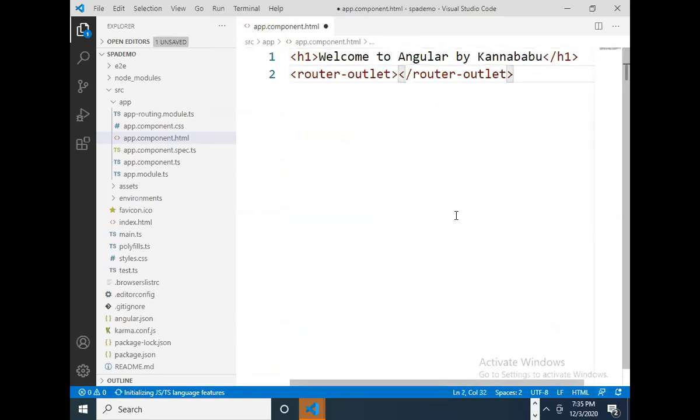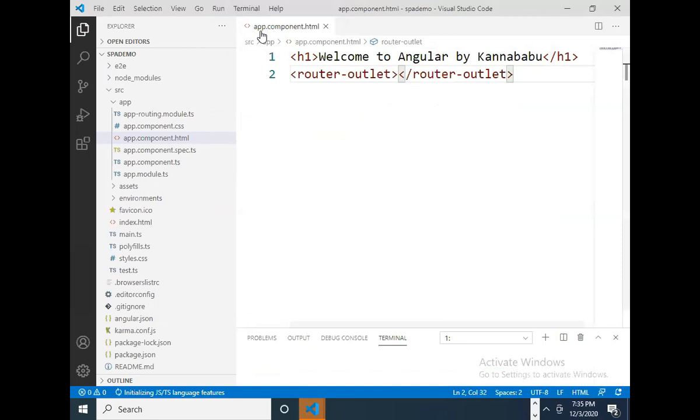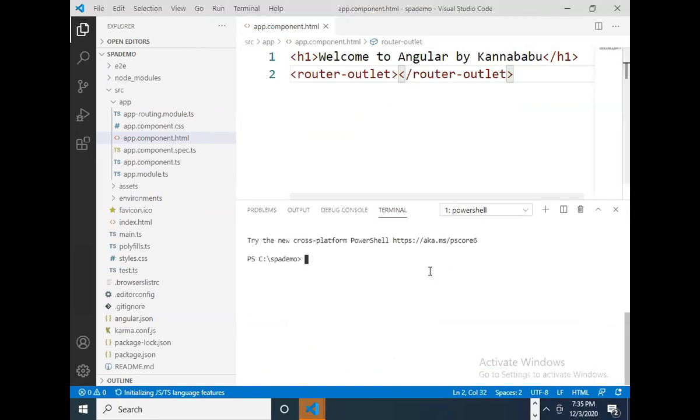Now save the changes, and you can go to terminal. If you want to run the application, you can go to terminal, new terminal. There you can just type the command ng serve space -o, ng serve space -o. Press enter. Now my Angular project will be compiled. Auto compilation option is there, and it will automatically execute. Is it clear? By default, the Angular application will run under 4200 port number. The default port number is 4200.